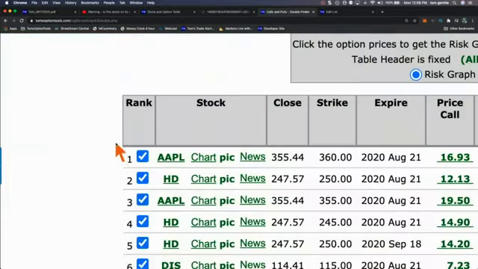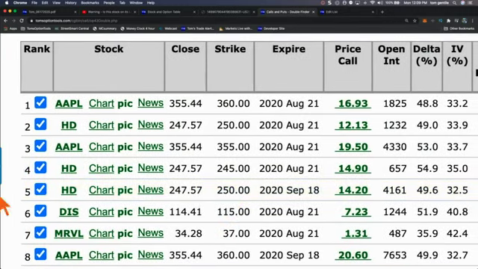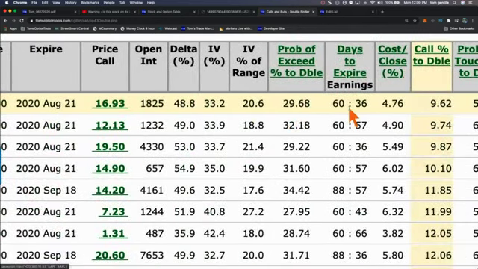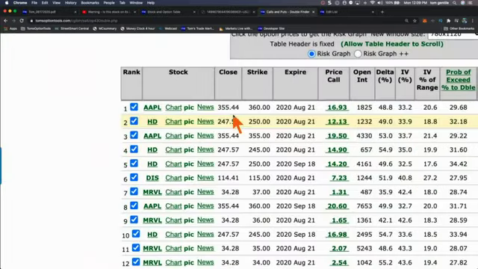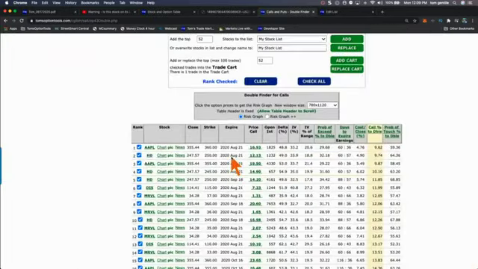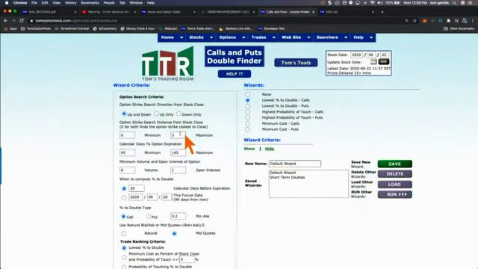By the way, it ranks this by lowest percent to double. So those of you that put this information in for me, thank you very much. You can see here, I have Apple, and I can go through and see this real quick. Here's the close, here's the strike price, August 2021, $16.93, but we're looking for a 9.6% to double. Now, if this is too far, which I believe we could be looking at something like a July list, I'm actually going to go in and show some information.